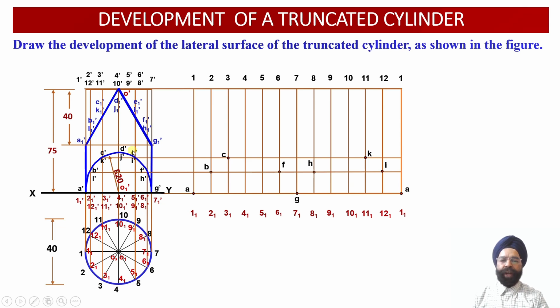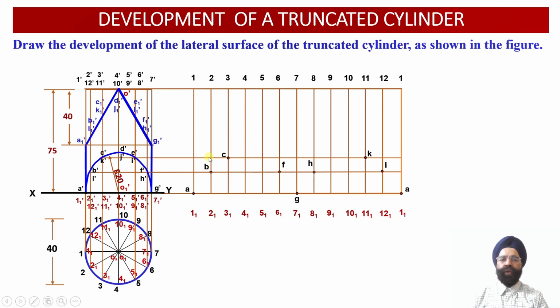So another 2 points of intersection, they are E dash and I dash, obtained on 5 dash, 5 1 dash and 9 dash, 9 1 dash over here. So now point E dash happens to lie on 5 dash, 5 1 dash. Point I dash happens to lie on 9 dash, 9 1 dash over here. So now once we draw a horizontal projector line through the points E dash and I dash,